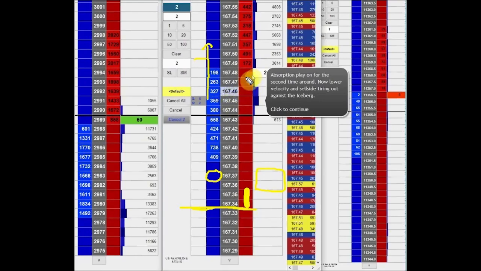So what I'm saying is, when there were maybe 500 lots going through the market per 30 seconds, it slows down to 500 lots per 1 minute,